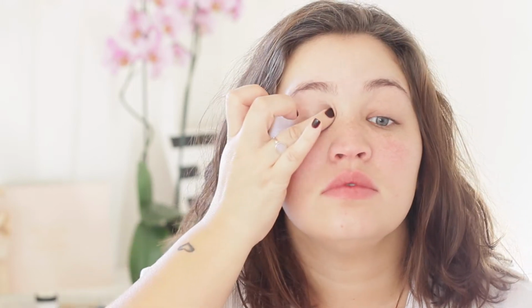This is the Maybelline Color Tattoo in the shade On and On Bronze. If you have MAC Woodwinked eyeshadow, then this is quite similar, except it's a cream shadow version. So you basically just dip your finger in and spread it all over your eyelid, and you can blend it and wear it underneath eyeshadows. It really makes the eyeshadows you put on top brings them out even more, and it really intensifies the color. So I really like this,